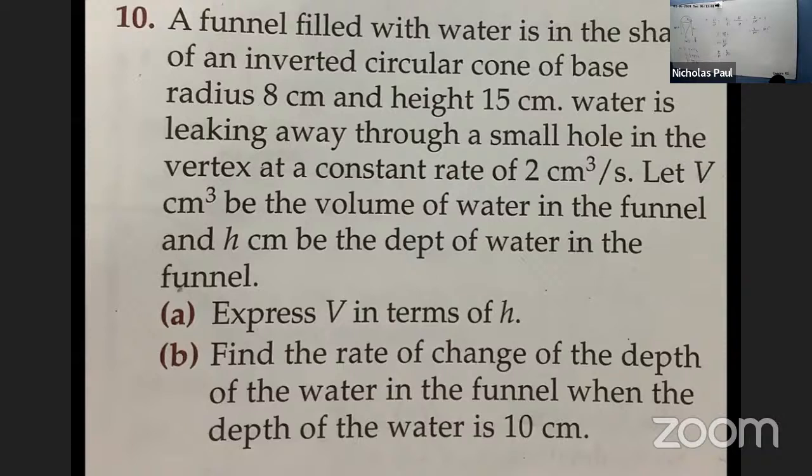All right. Here's what happened. In part B, they want when H is equal to 10. So what that means is that we have to have H in our equation, but when I differentiate, something went wrong here. Because what this is saying in our solution is that the height will always be this, regardless. And V is the original volume. So this is saying that the height will always be this. So what I should have done here,